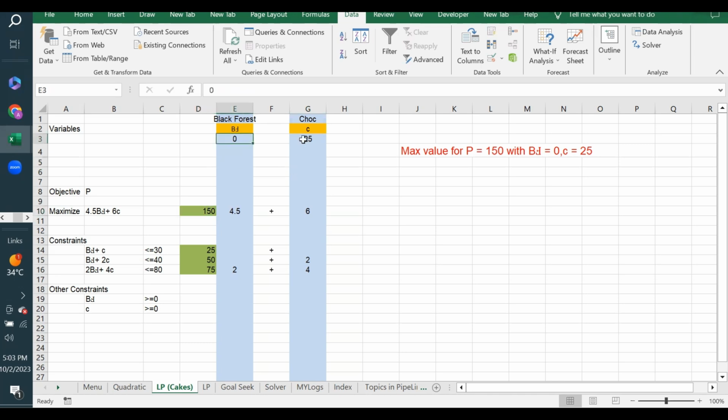Whereas the goal seek just focuses on the objective cell. You want 150, fair enough, and you can specify only one cell in which the changes can be made. So this is the difference between the goal seek and the solver. I hope